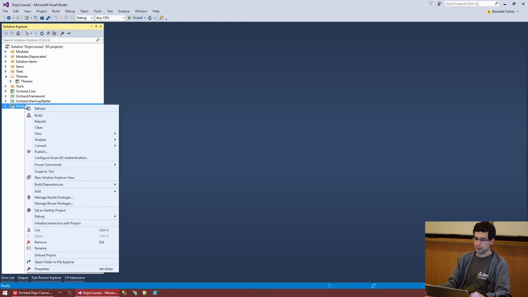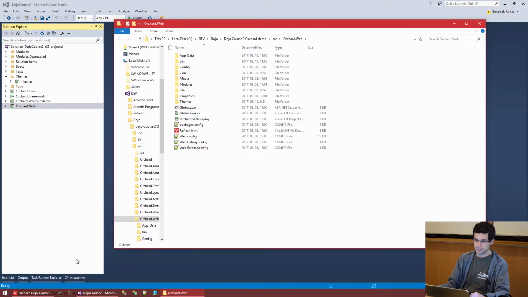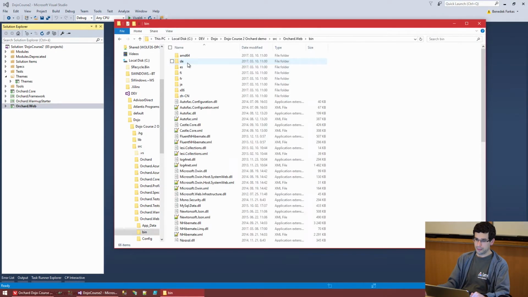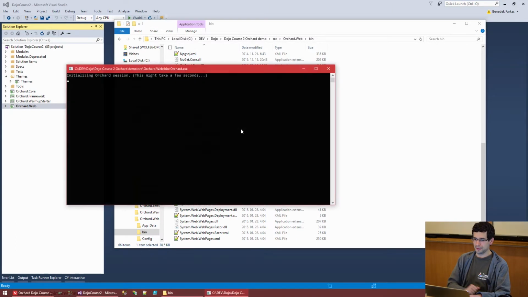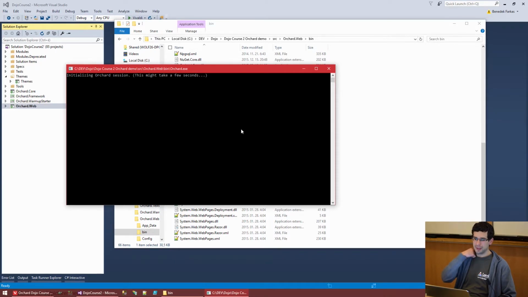If you open the web project, just right click here and open folder in File Explorer and open the compiled binaries, we will see that there is an orchard.exe. Not sure about the pronunciation. But let's start it. The Orchard command line is really a command line interface to interact with your Orchard